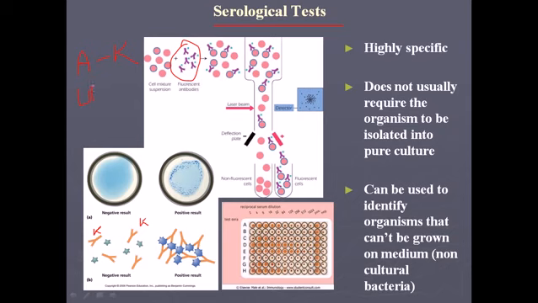This unknown bacteria, which I'll call UB, produces an antigen, and this antigen is unknown to us. Now what we can do is use this antigen, along with the bacteria producing it, inside a serum. Now we use this known antibody to act against this antigen. If this antibody acts against the antigen and coagulates it,